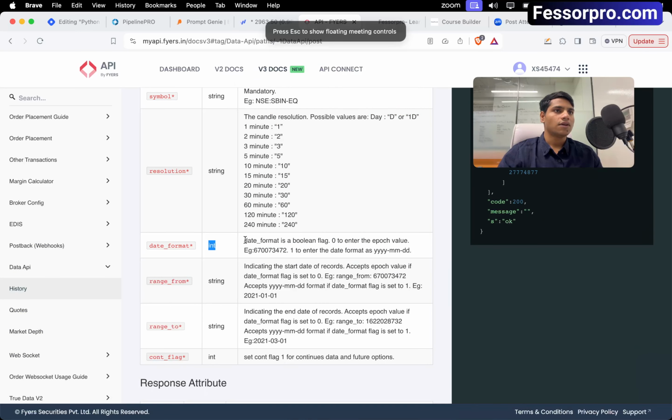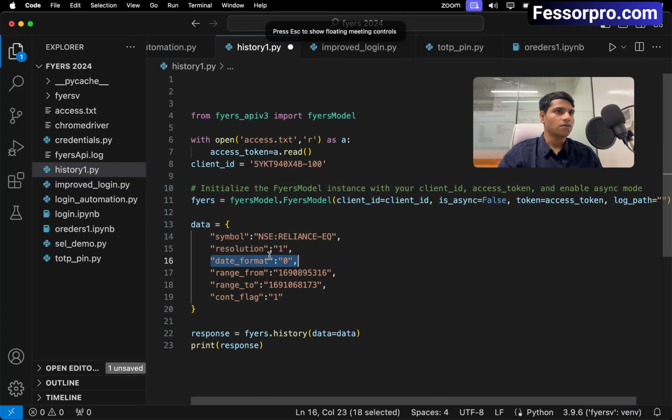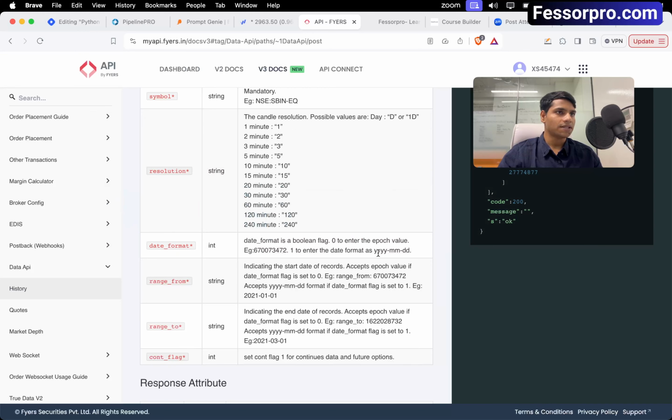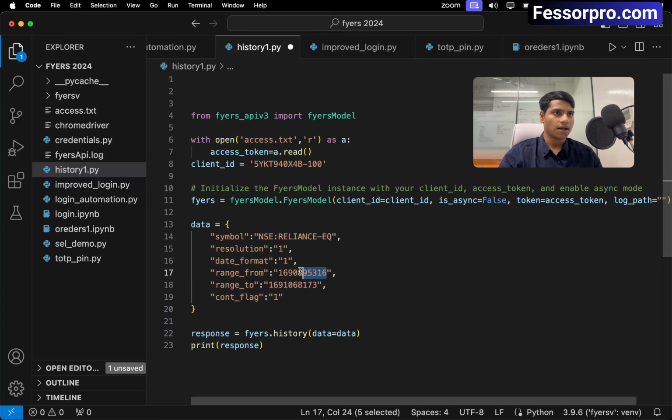Yeah. So let's write 1 now. So instead of 0, here I'll write 1. Now since I'm writing 1, I need to specify the date in this format, YYYYMMDD. So let's do it. So I'll write here